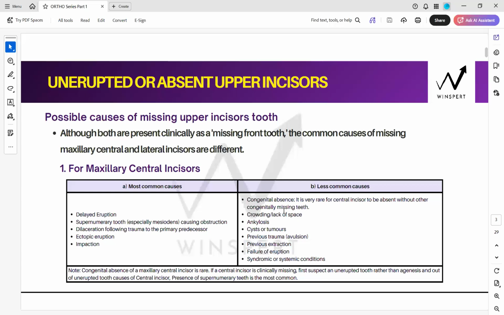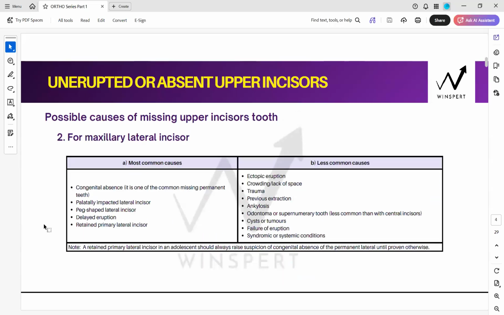Or crowding, or ankylosis, or cysts, tumors, or avulsion, extraction, failure of eruption. All these are less common causes. So this table is clear, and the number one distinction between the causes of missing centrals and missing laterals is clear